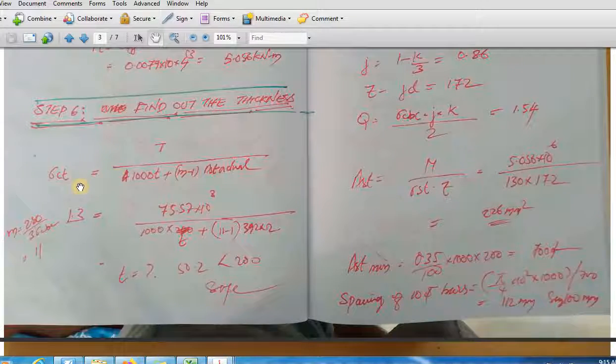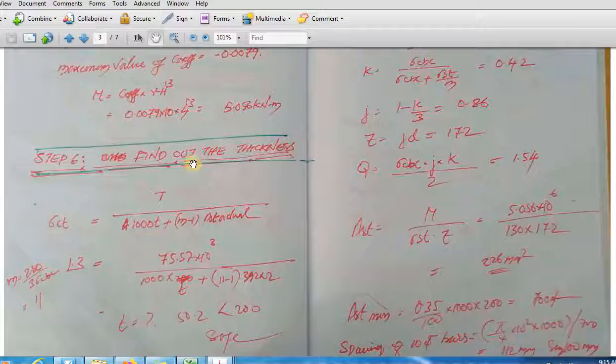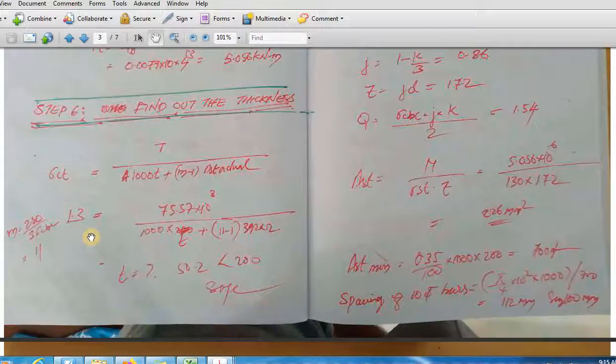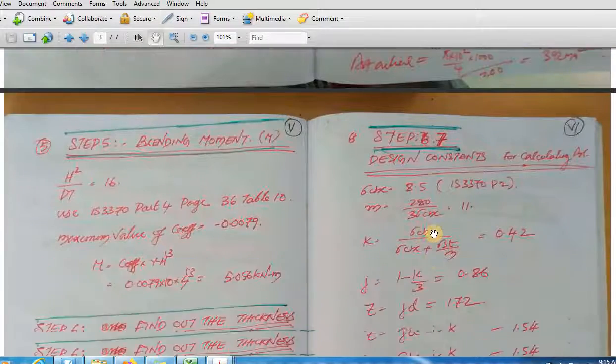So the next step is, we got everything, so let us find out the thickness actually. Since the wall is experiencing both tension and bending moment, we need to find out whether the thickness you have provided is correct or not, is it sufficient or not. So we have seen previously, when you did the flexible base and rigid base, this is the formula: sigma ct is equal to T divided by 1000 T plus (m minus 1) into AST actual. Okay, so this is the reason why we have calculated AST actual here, 392.